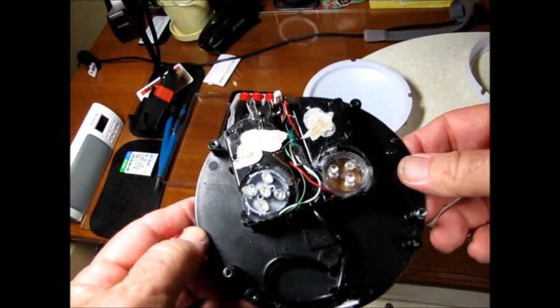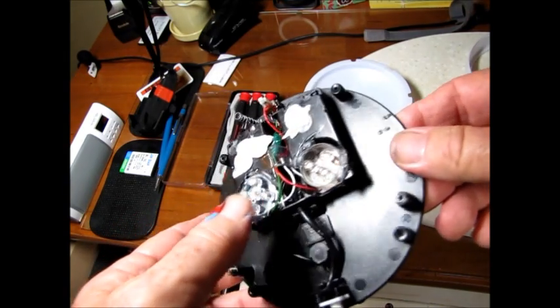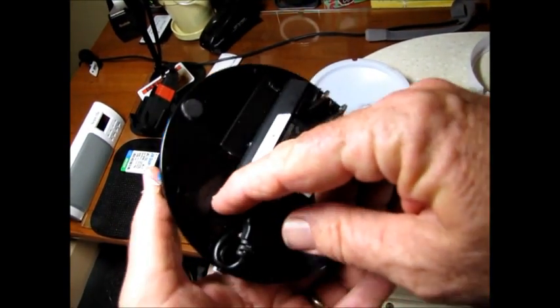So it has a nice look to it once it's on, and I'll show you one final